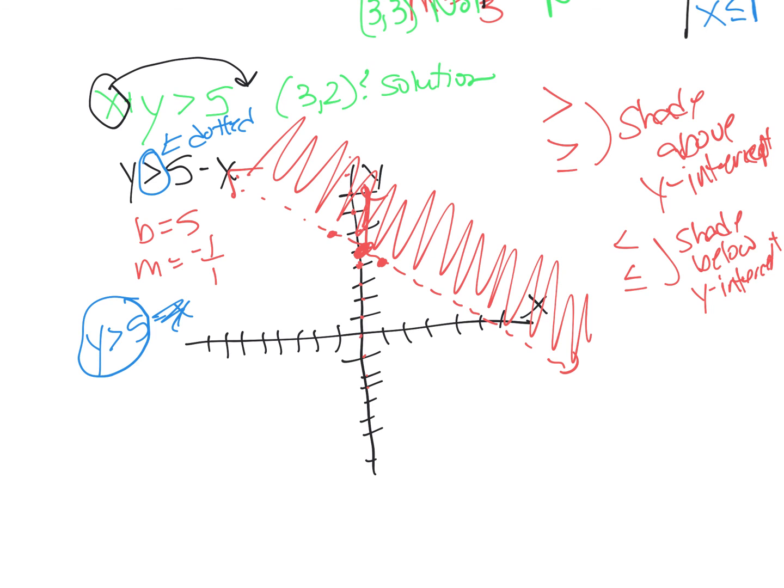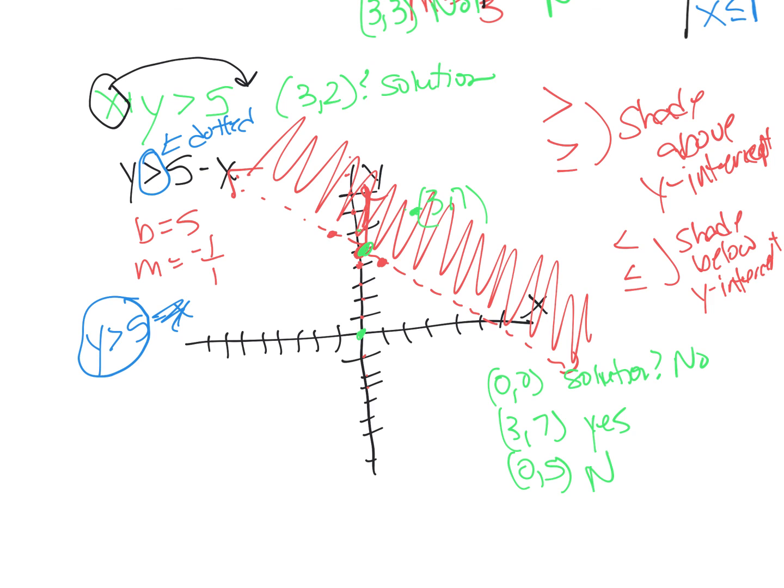Okay, so let's look at this one about solution. So if I asked you if 0, 0 was a solution, you would say, no, it is not, because it's not in the shaded region. What if I said 3, 7? So we have 3, we have 5, 6, 7. So we have 3, 7. You would say, yes, it is a solution because it's in that shaded region. What if I said 0, 5? Hopefully you stopped and thought about that and you said,